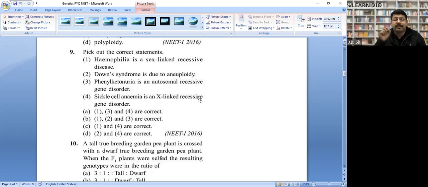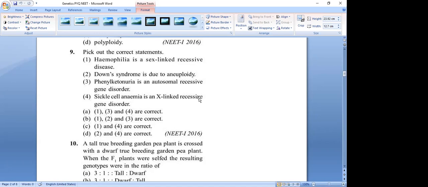That is an autosomal recessive disease, right? Sickle cell is not sex linked. The gene of sickle cell anemia does not lie in the X or Y chromosome. The gene of sickle cell anemia lies in the autosomes. So the fourth one is not correct, right? And PKU is an autosomal recessive disease, right? Third is correct. Fourth is not correct. So what should be the answer? Yes, so it's option B. Right, B is the correct one.